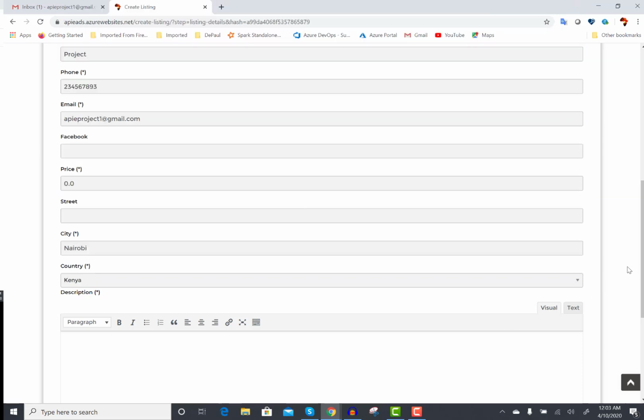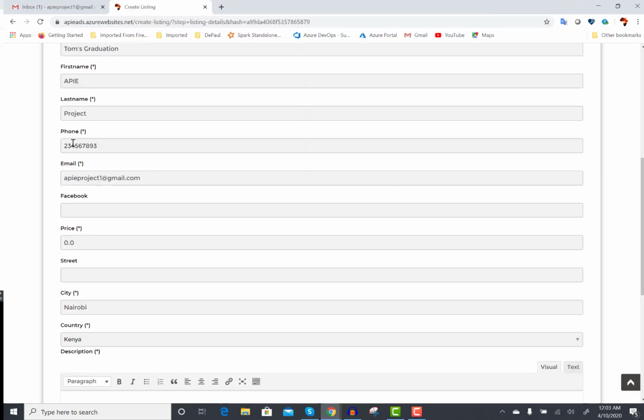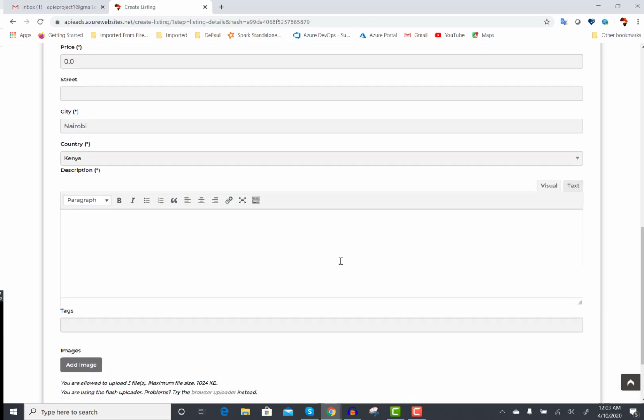You remember this phone number, and that's why I didn't put the country code. So you have to choose a country. Once you choose a country, everybody viewing your event is going to know that this is happening in Kenya, and they are going to find out the country code for Kenya. Here you just put your phone number, you don't put a country code, because this field is going to let the user know exactly what the country code is. So then the description is say,